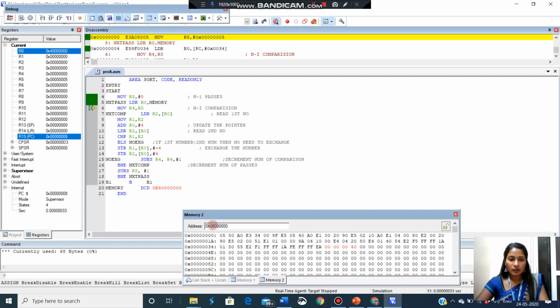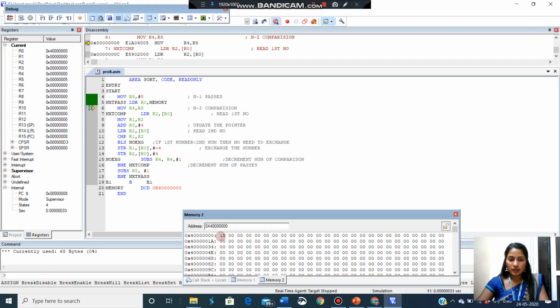So I can go to the memory window and give my input array. I should give all 32-bit data only. First I am giving 15. This is 32-bit data, so 2, 4, 6, 8. So 8 means 32-bit. After leaving 3 places, I am giving the next data, 8.